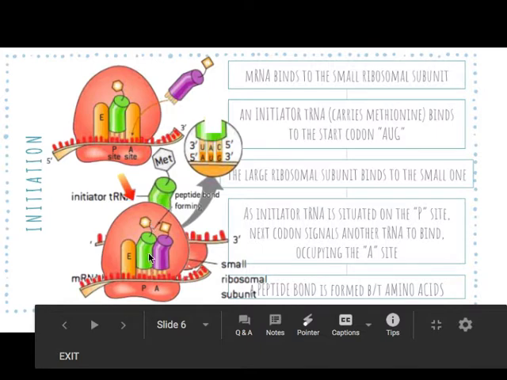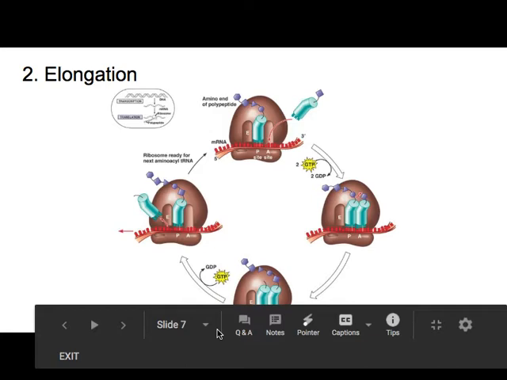It leaves it at the P site. Then it becomes longer and longer, until